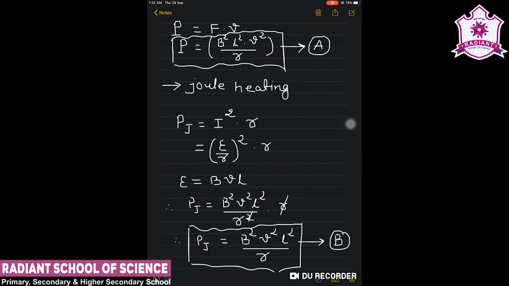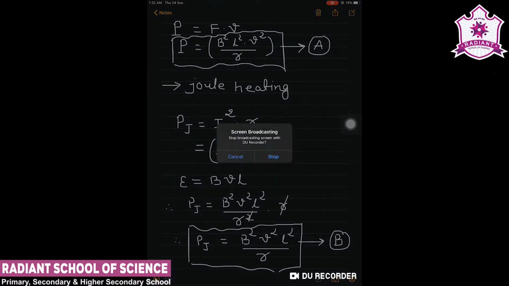So we can say that this mechanical energy is used or dissipated as Joule heating, and it is represented by this equation number B. Now equation A and B are the same, and therefore we can say that all the terms which are used in mechanical power are produced here as Joule heating, or Joule power. So this is the qualitative explanation of the topic.